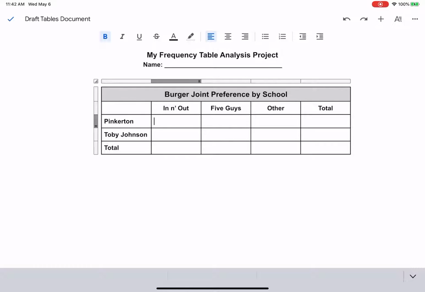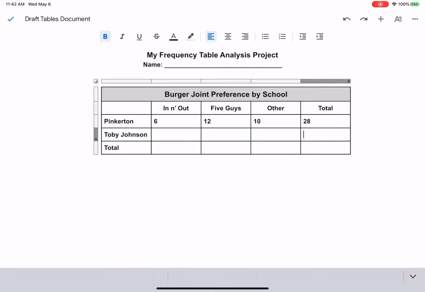All right. So then I have my main title. I have my subtitles for the rows. The rows again go across. The columns go down. And then you'll want to notice that you have to have totals both on the right and on the bottom. This is really important for a strong frequency table. I'm going to type in the data from yesterday. 6, 12, 10,